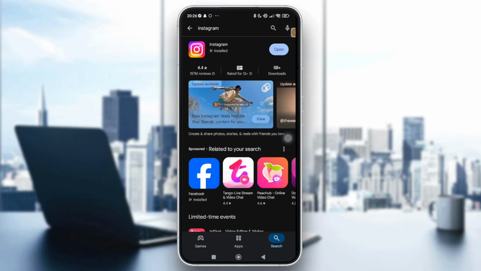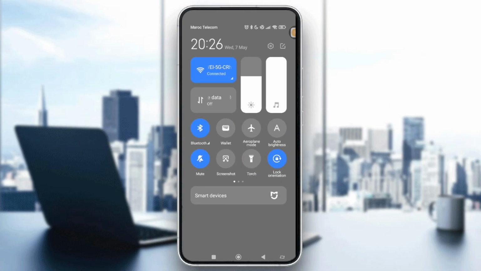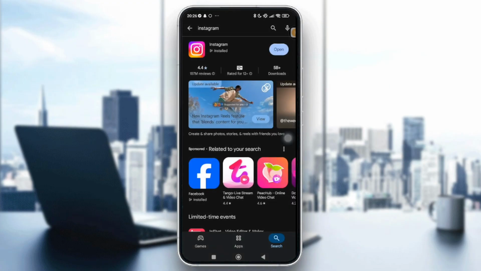app again. If that still happens to you, you just need to go to this window and then switch your connection to your mobile data and then turn your Wi-Fi back on. If any of these solutions doesn't work for you, you just need to type a report for Instagram